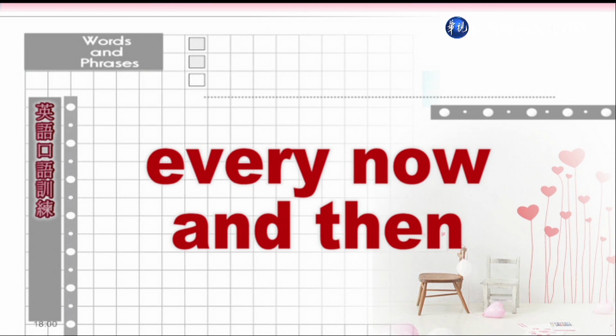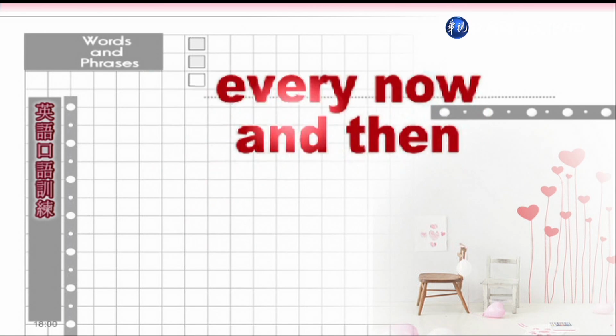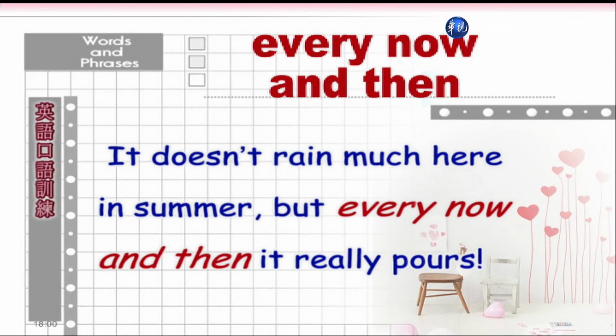Every now and then. 偶尔。 It doesn't rain much here in summer, but every now and then it really pours. 这里的夏天不常下雨，但偶尔也会有时候会下超大雨。